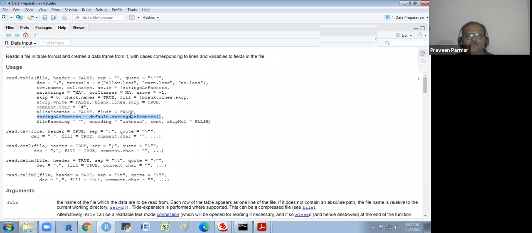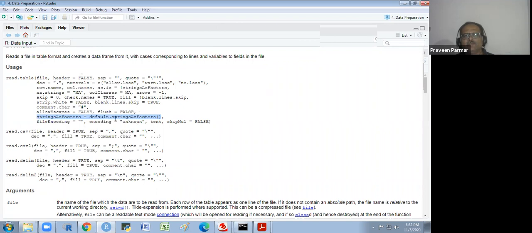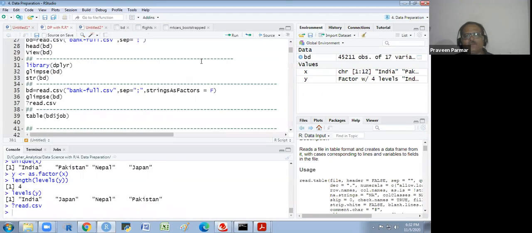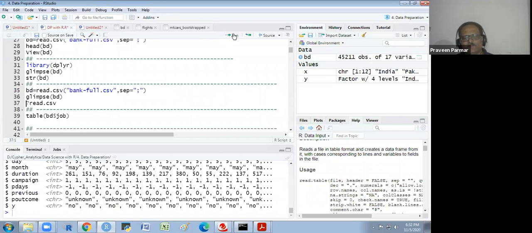It is not mentioned here by default, but now stringsAsFactors is false. Previously, it was true by default. So now we don't have to write this. We already get that in character form when we read it. I will run it again and show you the glimpse.